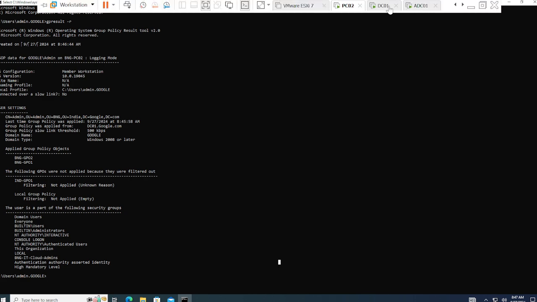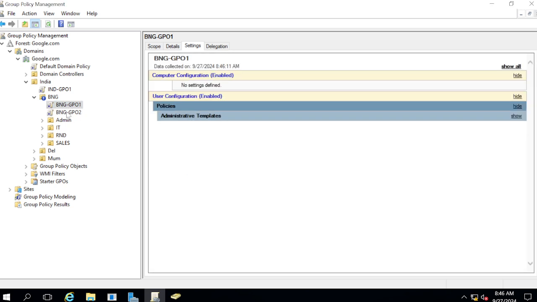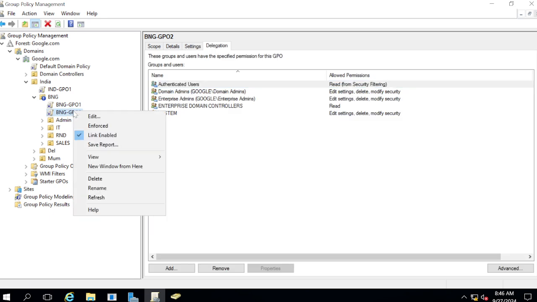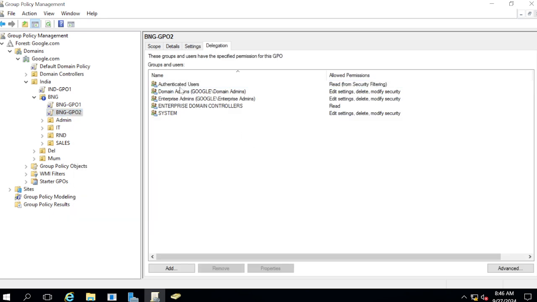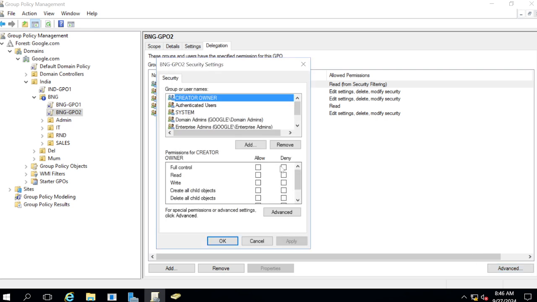Now the last setting actually I want, say for example this GPO02 is there, right? I don't want this policy to be applicable for any of the users or at least for the admin users. So what I will do, I'll go to this group policy, go to delegation. Okay, here what I'll do, I'll go to advanced, I will add